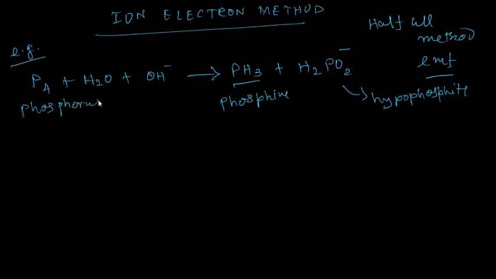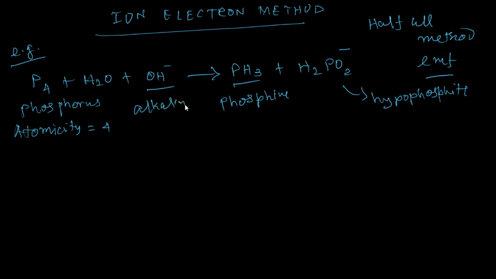And P4 is phosphorus. The atomicity of phosphorus is 4 here. So now let's find